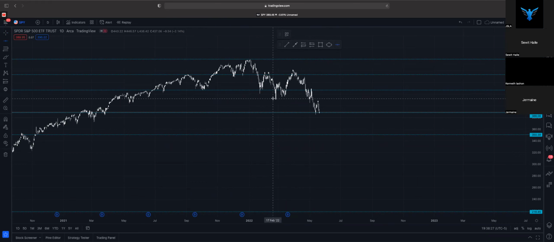I know this is probably confusing. I ain't gonna lie, when I first learned about support and resistance and somebody was trying to teach me, I literally was overcomplicating it. I was making it harder than what it really is. Just come in there and make some levels, guys. Like right here,